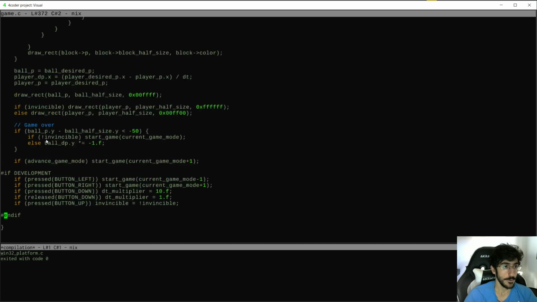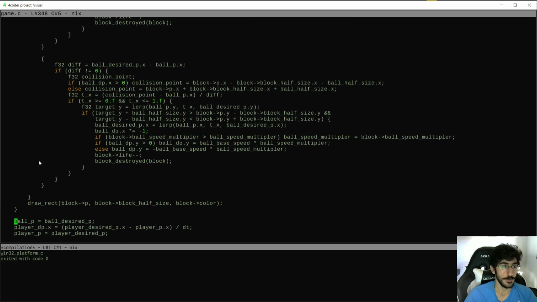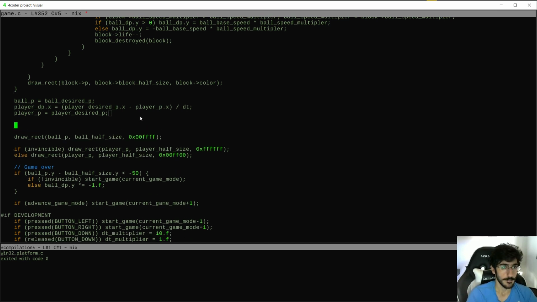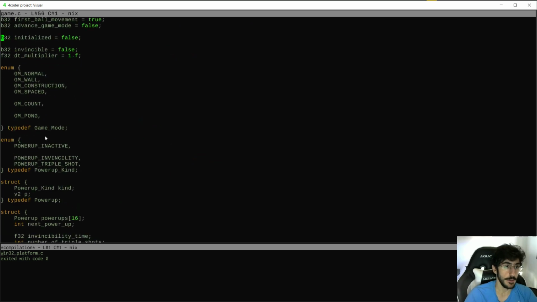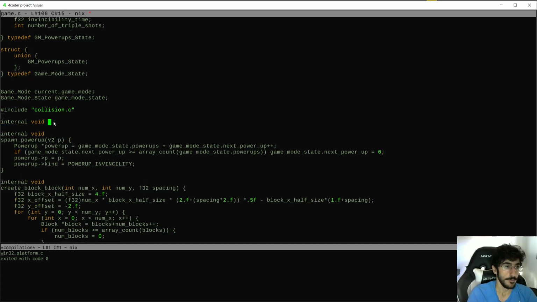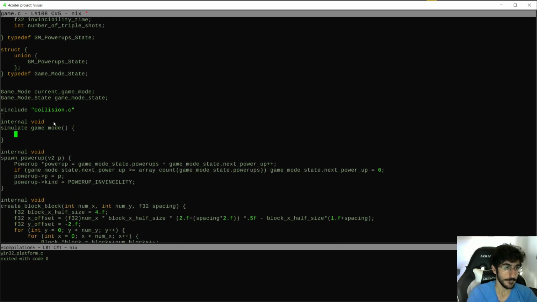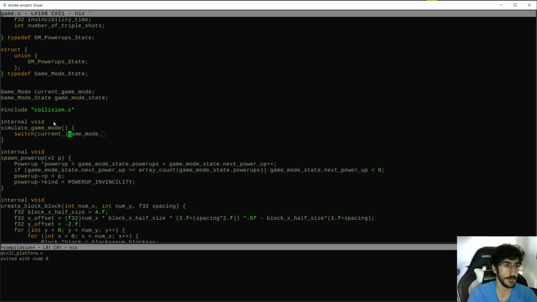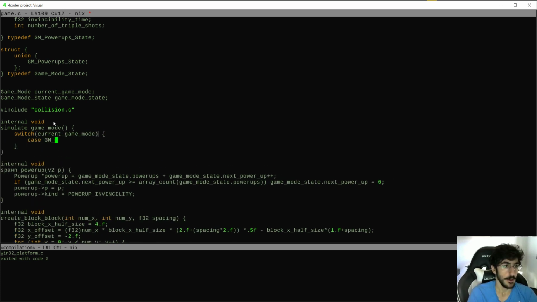Okay, so I may also do a pre-render game mode pass, like pre-render simulate game mode, like this. I think that'll be, yeah. Let's do a simulate game mode. Because we need to render these guys, but only if we are in the wall game mode. We could call it like wall and power-up game mode. So internal void simulate game mode. We're going to do a switch on the current game mode. Okay, and if we are on the wall game mode,